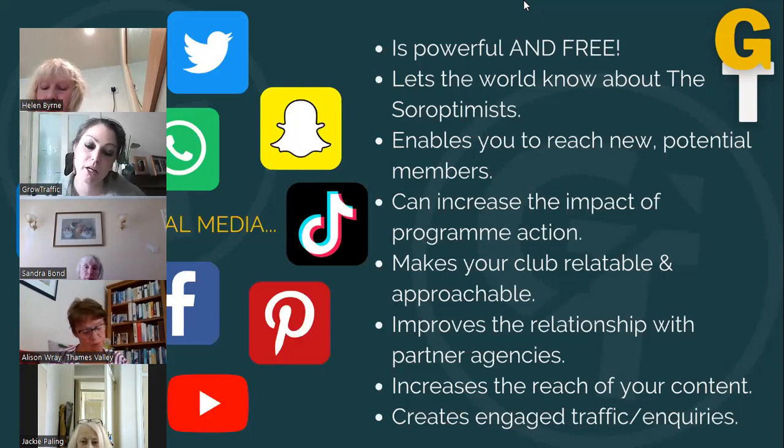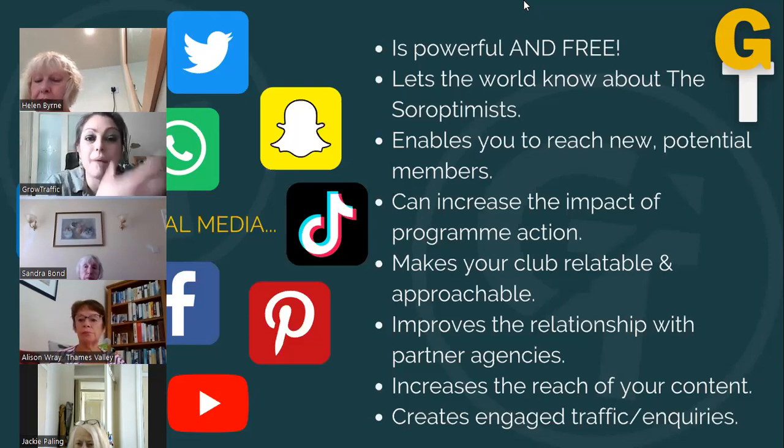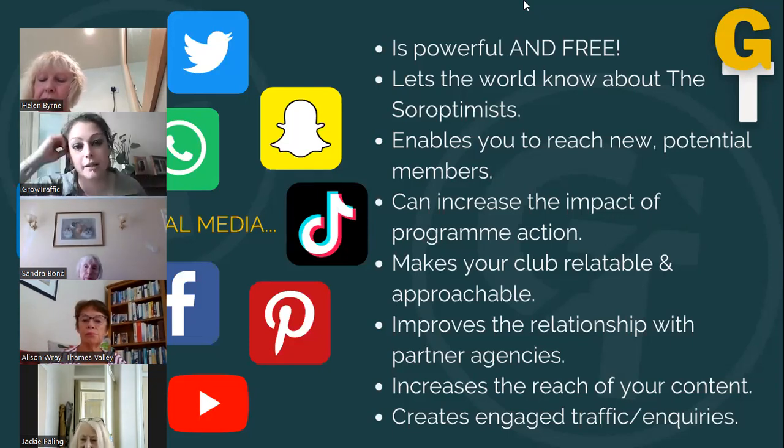And social media increases the reach of our content. If you're creating any kind of content, if you're blogging, if you've done a flyer, if we're going to be at the local carnival tomorrow and we've got some flyers, we can give those out. But again, we can put the pictures, the images, PDFs on social media and get that a little bit further. Any kind of content that you are creating, you put it on your website first, and then you use social media as a means of amplifying that channel. And again, it just gets our message out there a little bit more.